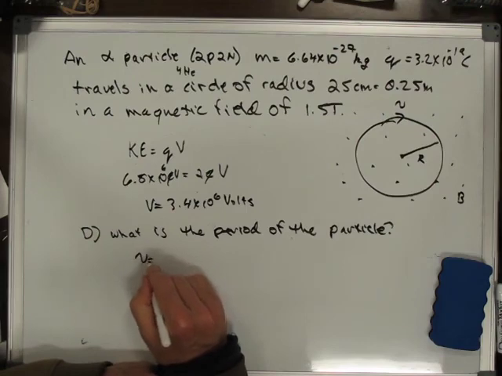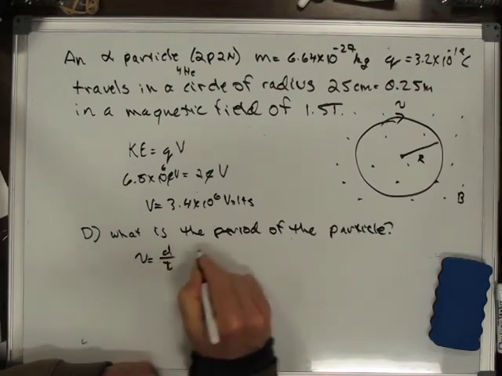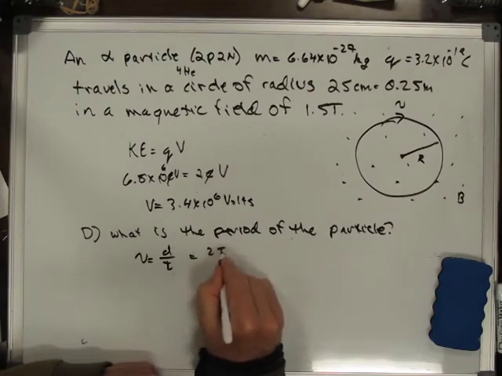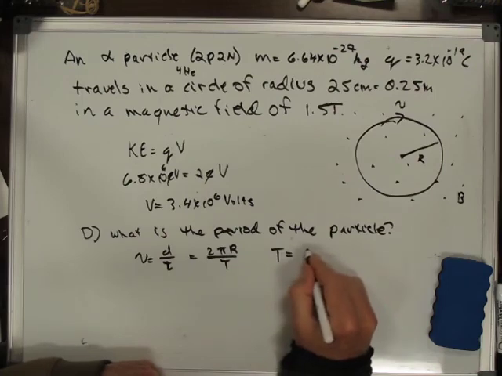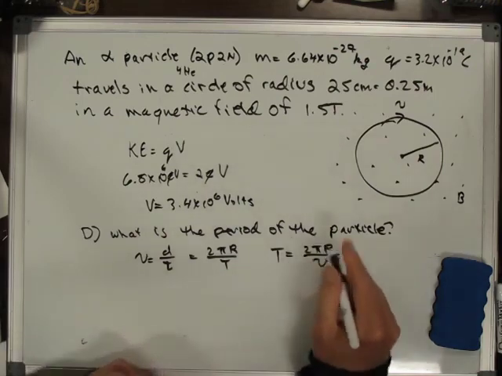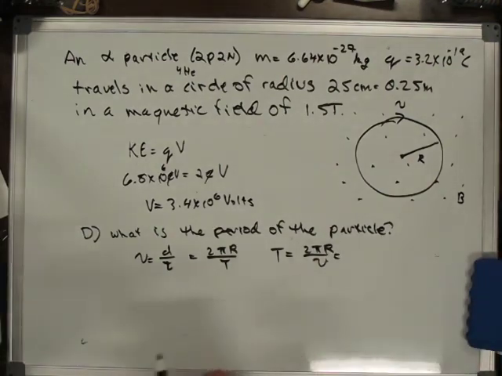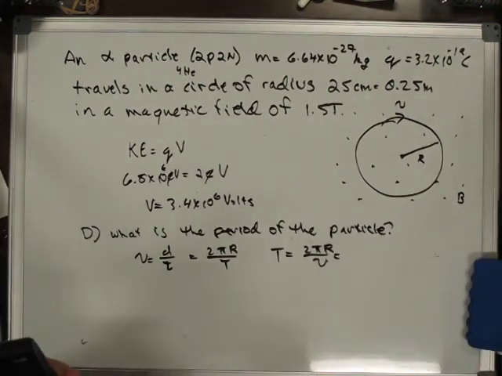The velocity is equal to the distance over the time, right? And so that's equal to 2 pi r over the period, and so the period is equal to 2 pi r divided by the velocity. And so all those numbers are sort of given in the problem, and we can say 2 times pi times 0.25 divided by